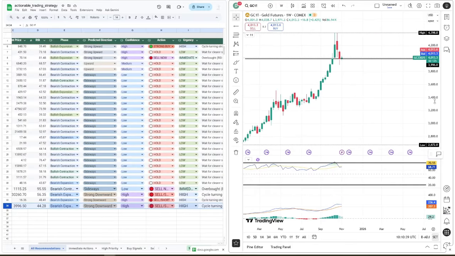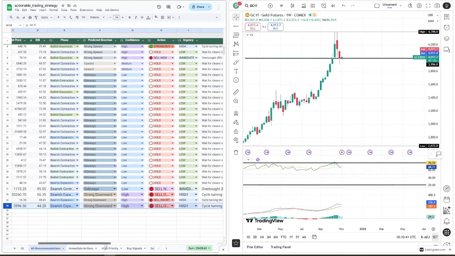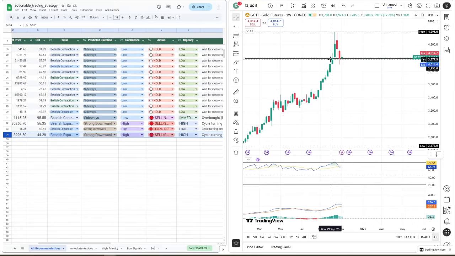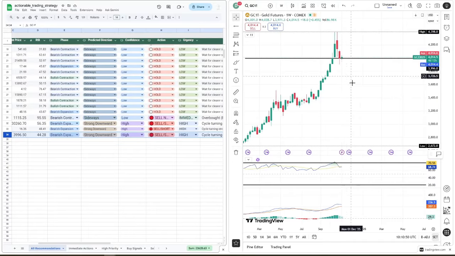So our dashboard tells us we are in a bearish expansion. So this retracement that we have after the huge blow up in October is not a small nothing burger retracement,